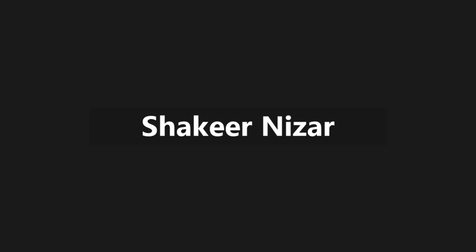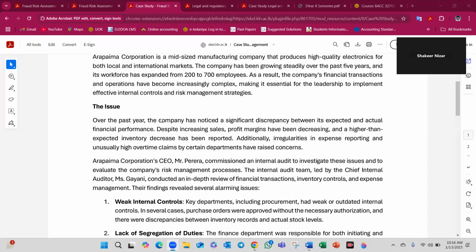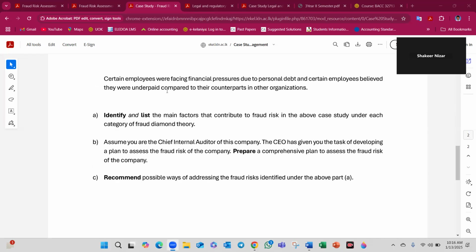So now we're going to discuss the case study which is in the lecture note. Case study: fraud risk assessment and management. Background: the issue is given. It is asking us to identify and list, so firstly we need to go through the action verbs, right? Identify and list the main factors that contribute to the fraud risk in the above case study under the fraud diamond